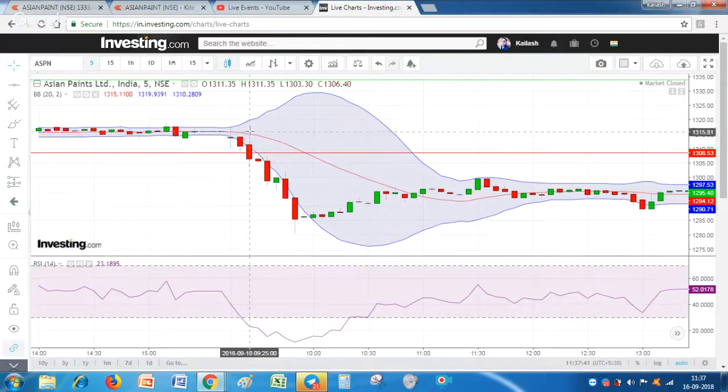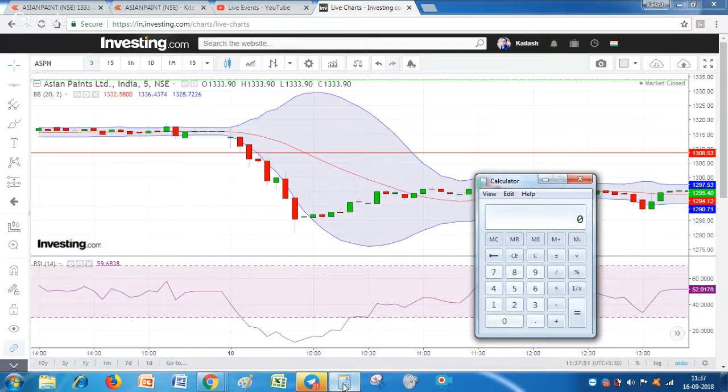After that, we have to decide how much stop loss is shown by this stock. This stock is showing approximately 7 rupees stop loss. Let me take a calculator to show how much risk we will take. Suppose we don't want a risk of more than 200 rupees in a trade. So we divide that 200 rupees by whatever stop loss is calculated as per the strategy. Here the stop loss is calculated as 7 rupees, so I will divide by 7. Let us check the result, how much quantity we should buy. It shows 28.57.